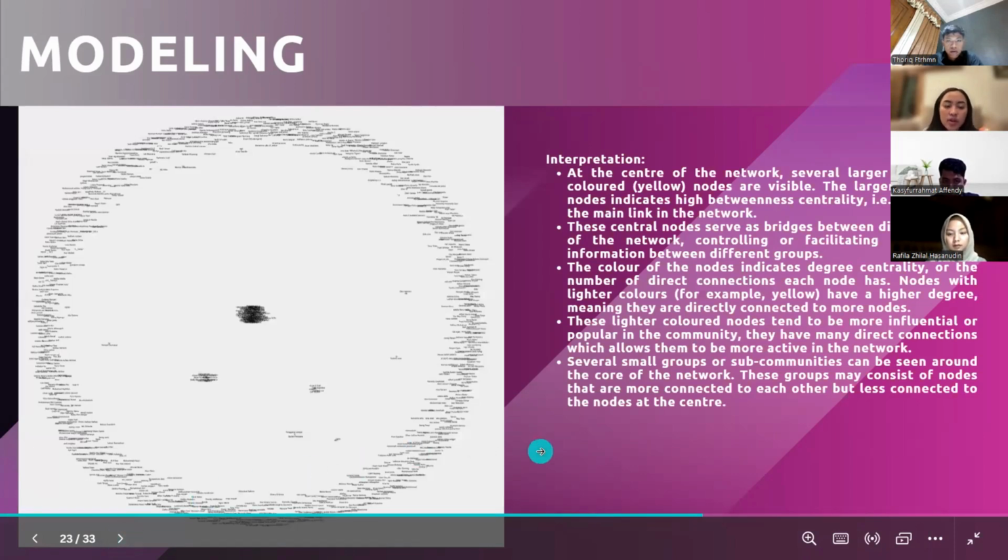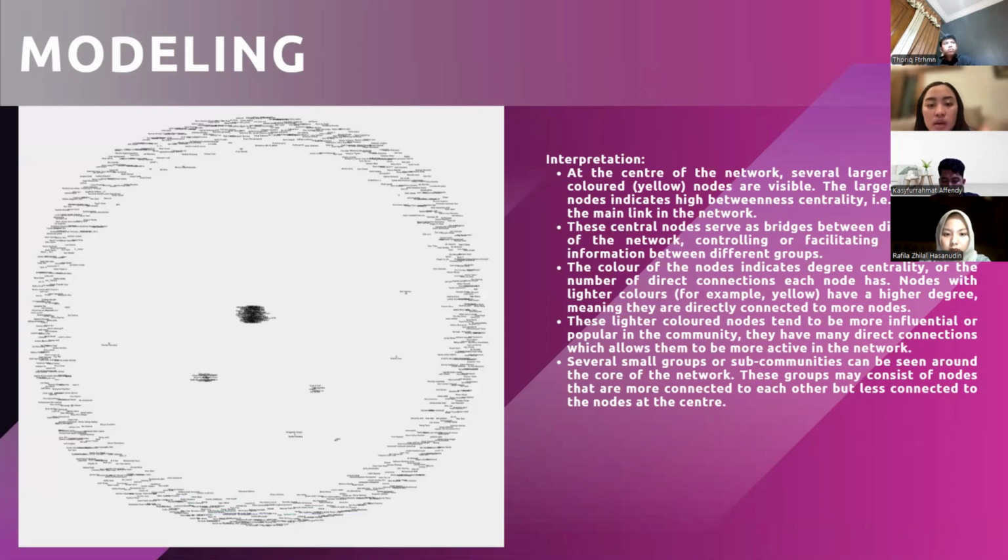From that modeling, we can see this visualization, which I would interpret as a picture at the center of the network. Several larger, lighter yellow nodes are visible. The larger size of the nodes indicates high betweenness centrality, their role as a main link in the network. The central nodes serve as a bridge between different parts of the network, controlling or facilitating the flow of information